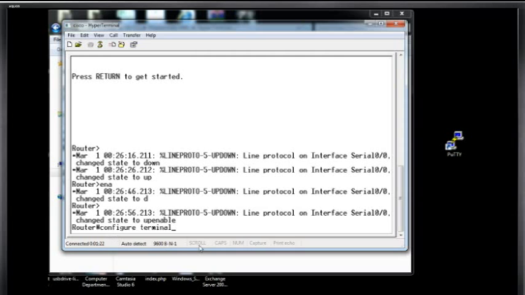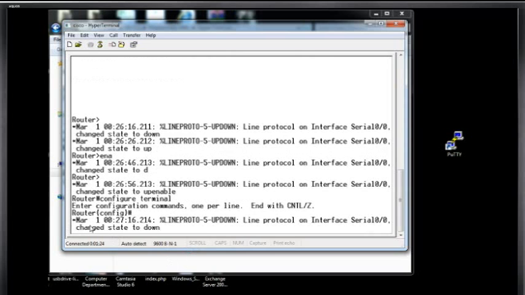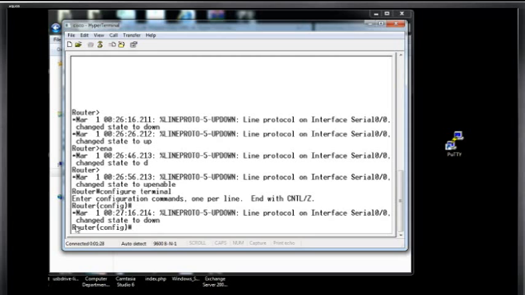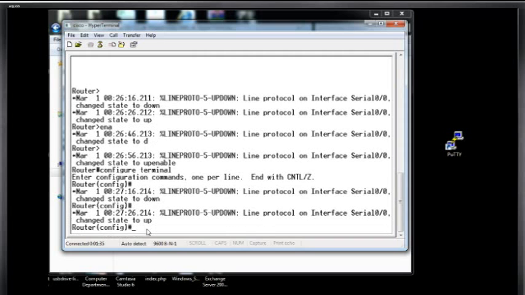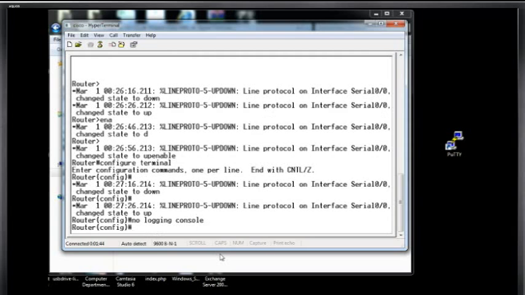Type in configure terminal, two words, hit enter, and now if you see this prompt, once again I'm getting output, I'll hit enter, where it says router and then config in parentheses and then a pound sign. That's global configuration mode. Now I'm going to type in no logging console, and that should stop all of the output to the console window. So now I can exit out,